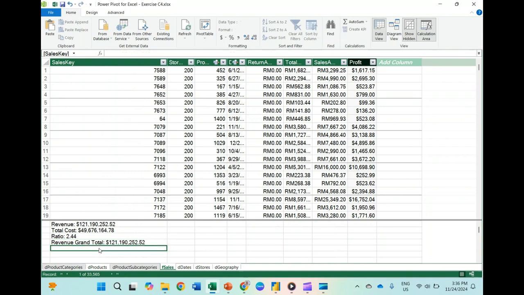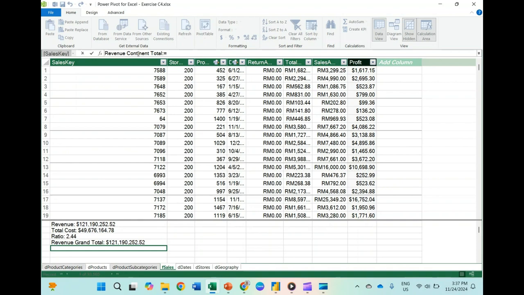Alright, so next we want to calculate continent revenue, continent total. This is a total for every continent.